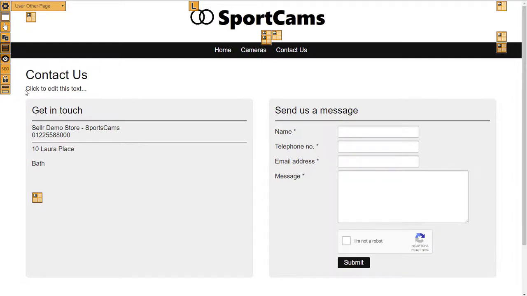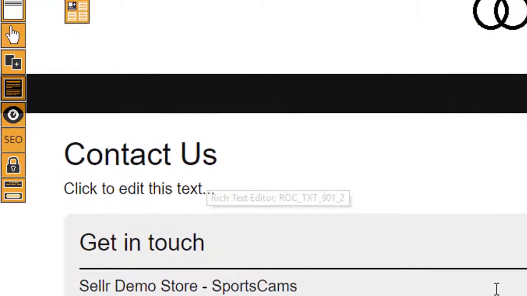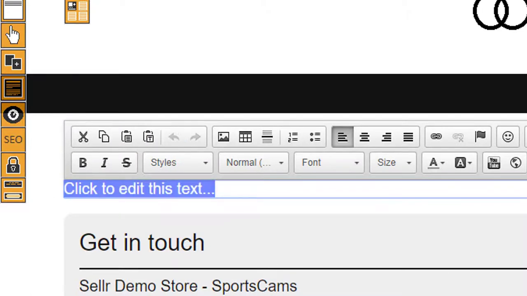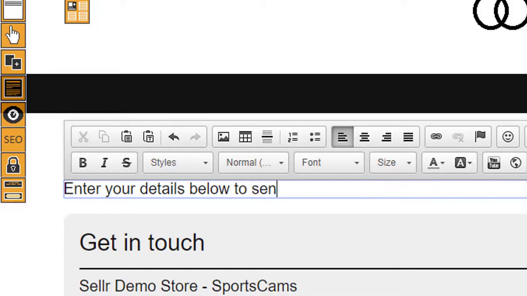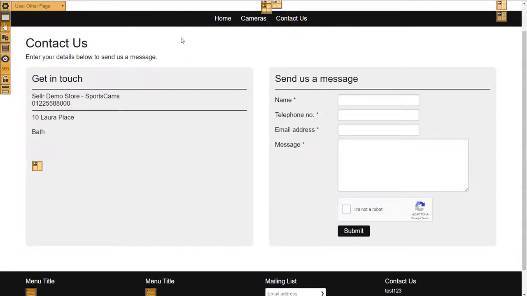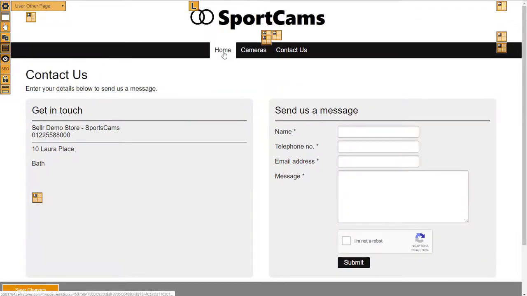One thing to point out is where you see things that say click to edit this text, that won't appear on the actual live website. That's just so you know where you can edit text. So for example, I can click on that and I can put enter your details below to send us a message. And don't forget to click on Save Changes. So we do that. So there we go. We've got a great looking contact us page there. So if I click on Home,